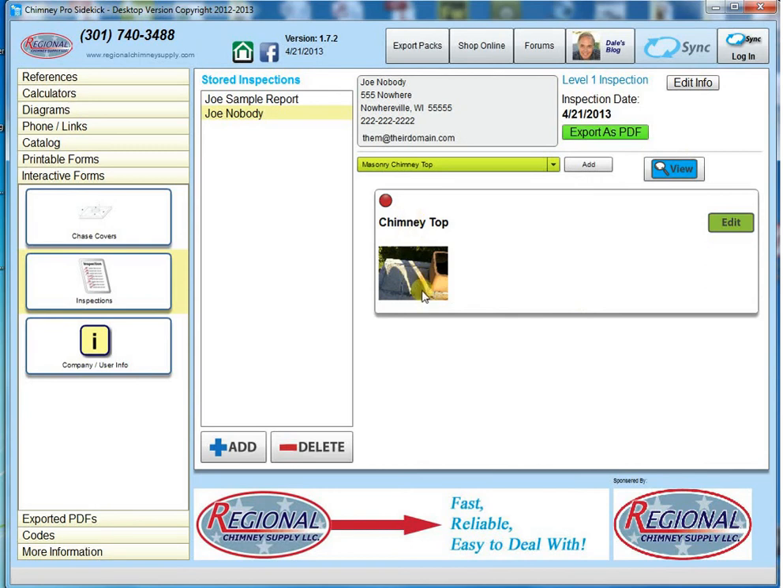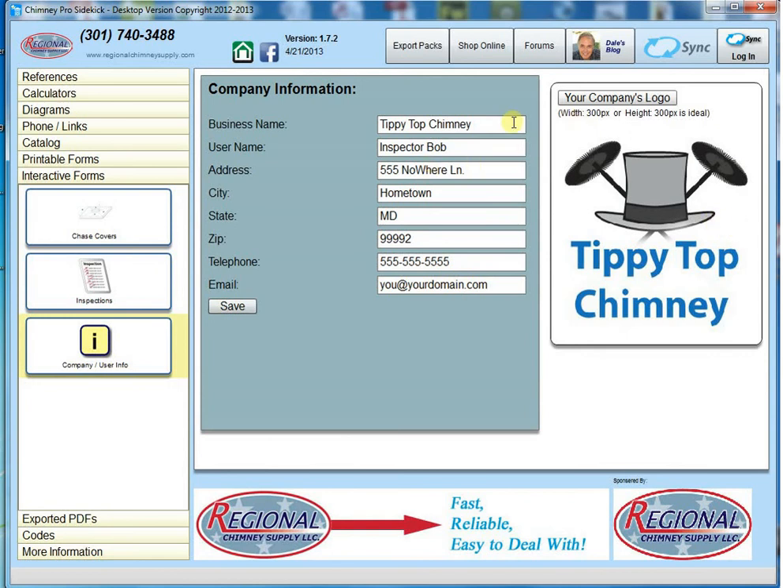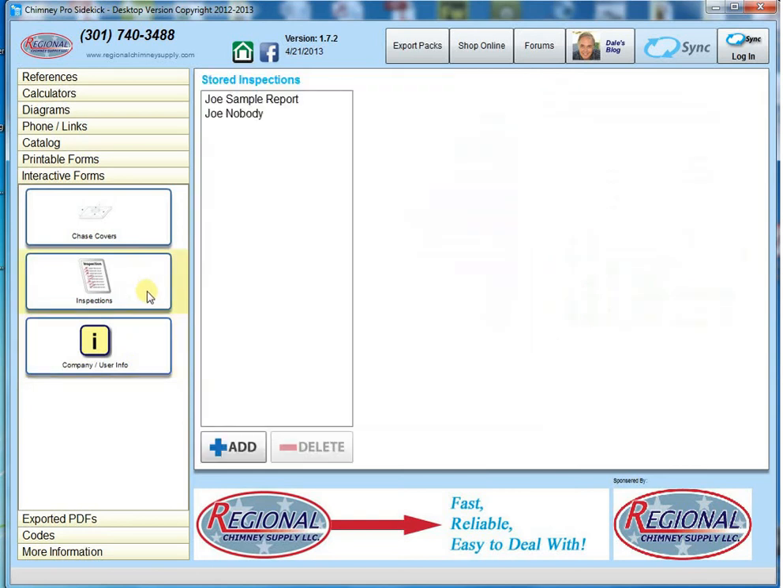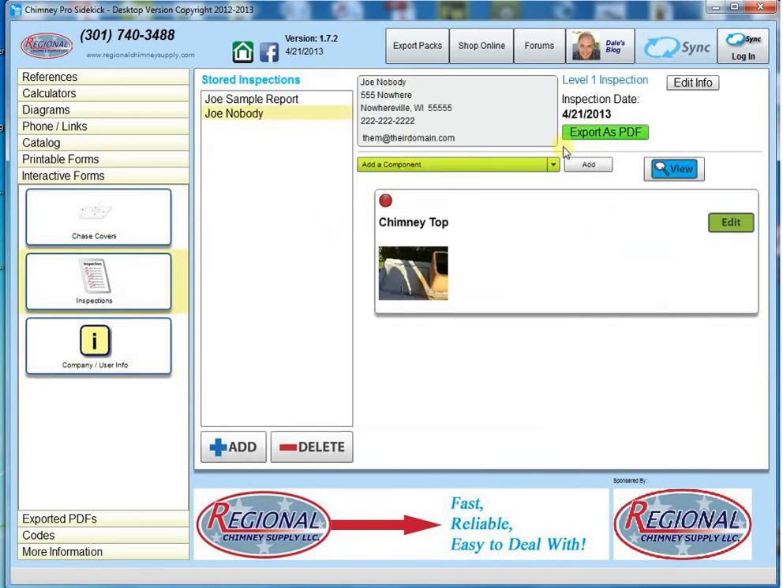Now you need to get this report to the customer. So before you do that, and I'm not going to touch base with it too much in this video, but you do need to enter your company and user info here, down here, before you export any inspections. And the program will warn you that you need to enter that before you do try to export anything. So we're going to go back to our inspections, and now we have this button here called Export as a